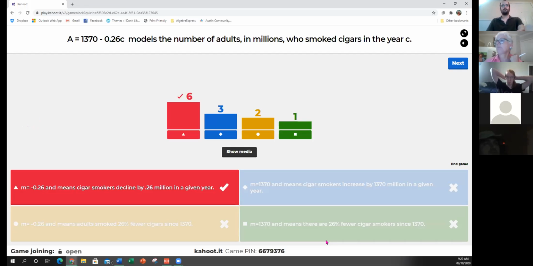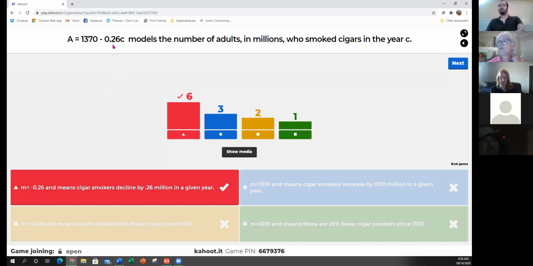So if you look at this, remember that the slope is always the number in front of the independent variable. Even though it's not written in slope-intercept form, it's always going to be the number in front of the variable when it's solved for the dependent variable. So this does mean that the slope is negative 0.26, and it means cigar smokers declined by $26 million in a given year. So like when we plugged in the year 2018, that was saying in 2018, we're going to take that